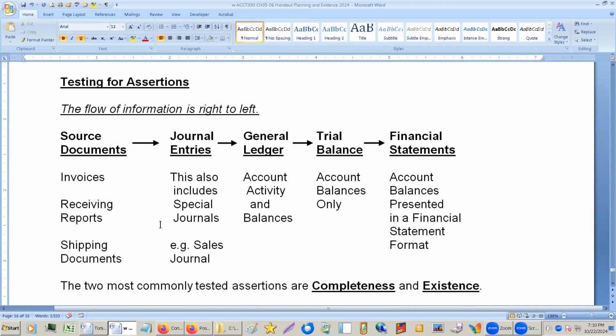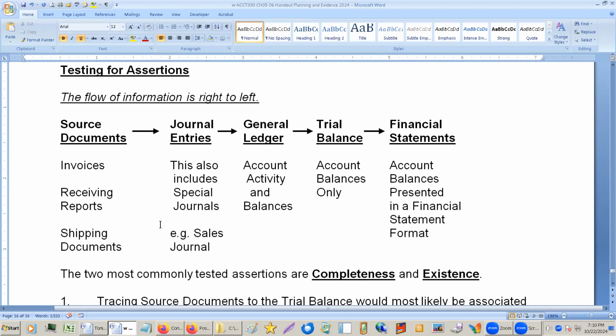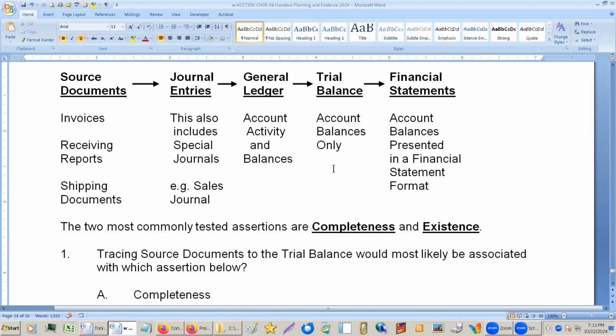Review problem 2. Flow of information. Do we already do this? I can't remember. So yeah, we have source documents, and these source documents end up going into journal entries. From the journal entries, they go to the general ledger, to the trial balance, to the financial statements. So generally speaking,